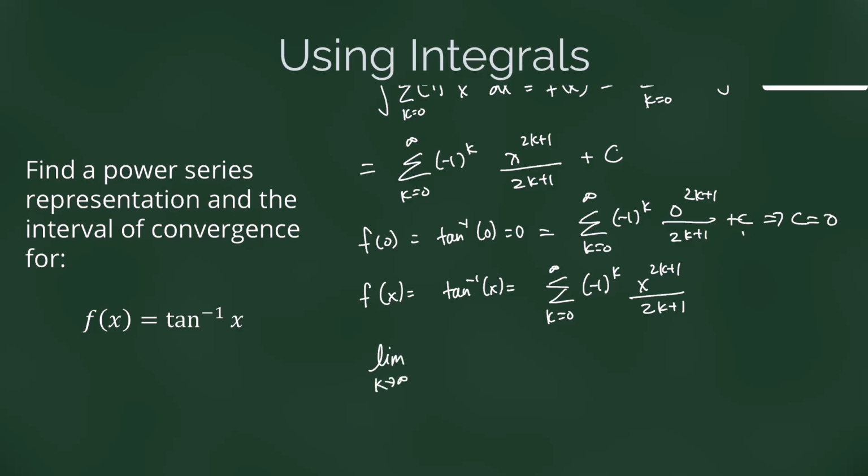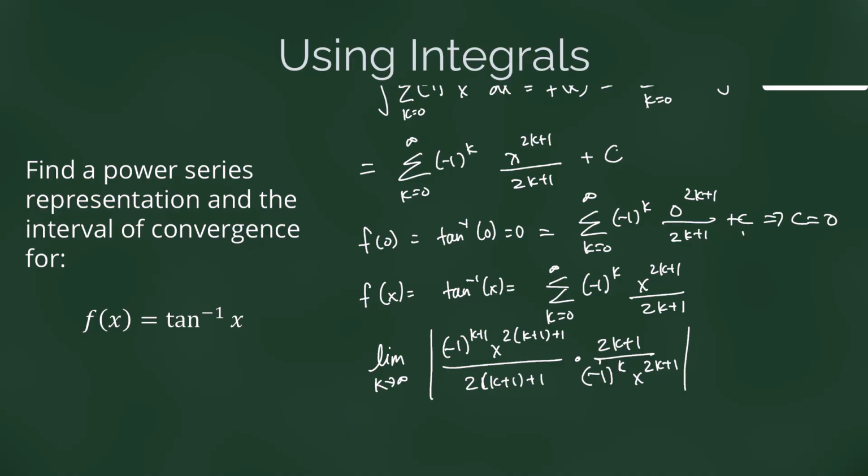The limit as k approaches infinity of the absolute value of -1 to the k plus 1 times x to the 2 times k plus 1 all over 2 times k plus 1 times 2k plus 1 over -1 to the k x to the 2k plus 1